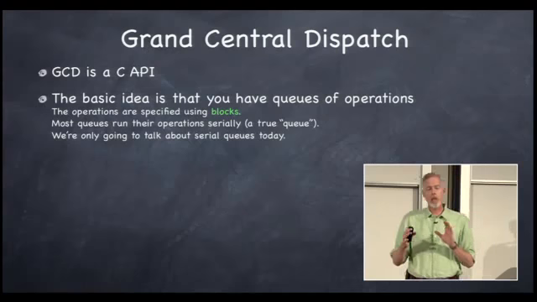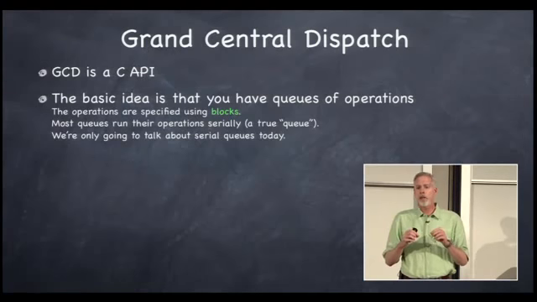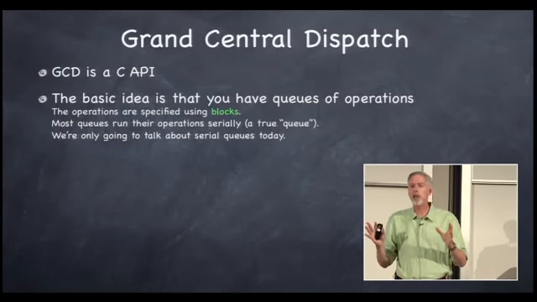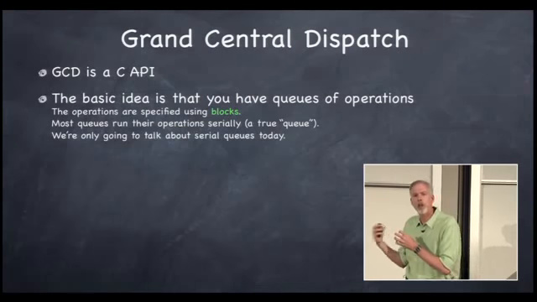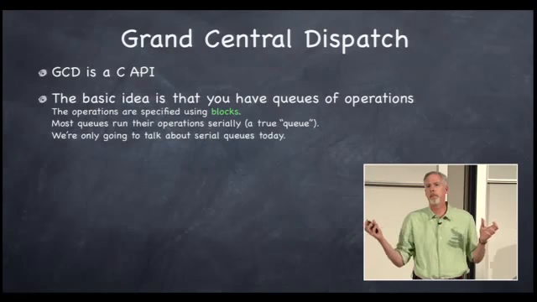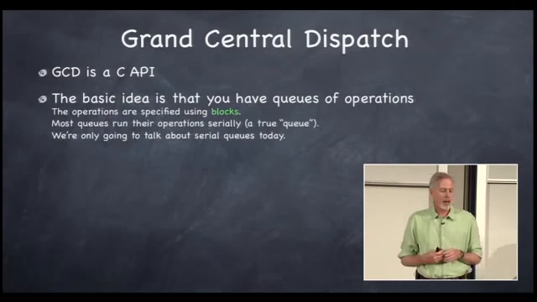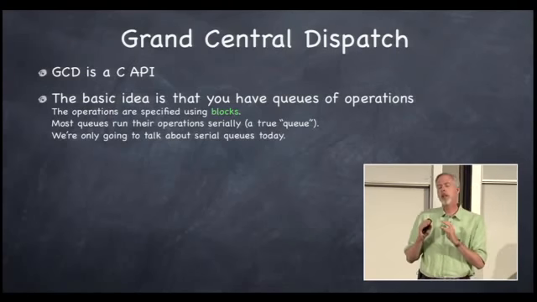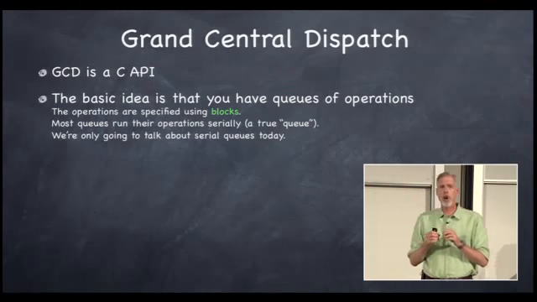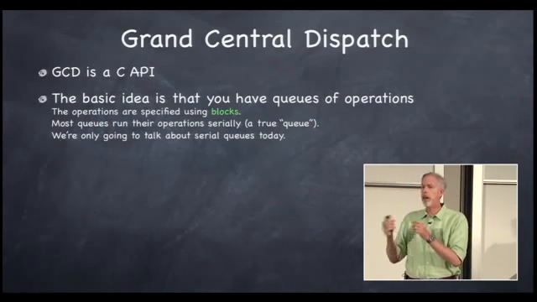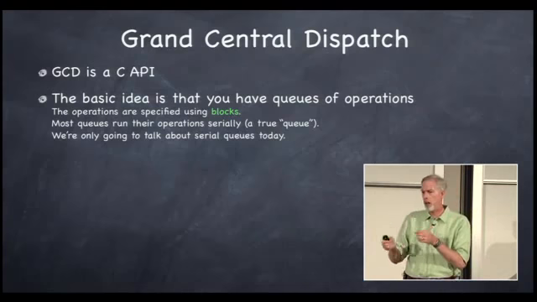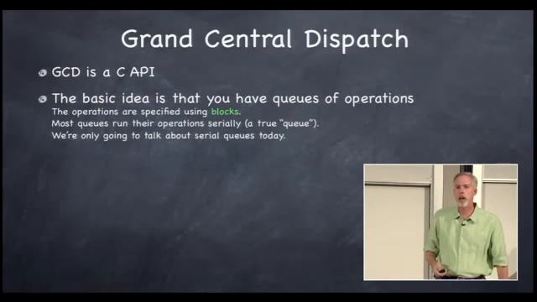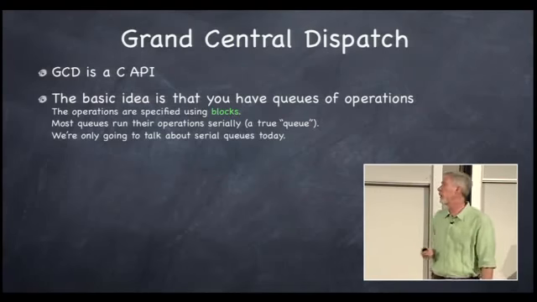There are some queues, global queues in the system, that when you put a block in there, it could execute at any time. Okay? It's almost like it's not really a queue because everything on the queue can be pulled off and run concurrently, all at the same time, in multiple threads. We're not going to talk about those today. We're going to talk about serial queues, which are you put the blocks on the queue and it executes them one at a time in order, right, serially, one at a time. It can't grab them all off and start them all running at the same time. So that's serial queues. That's what we're going to talk about